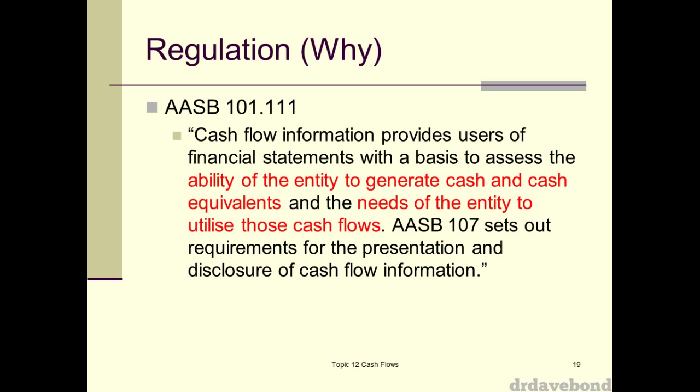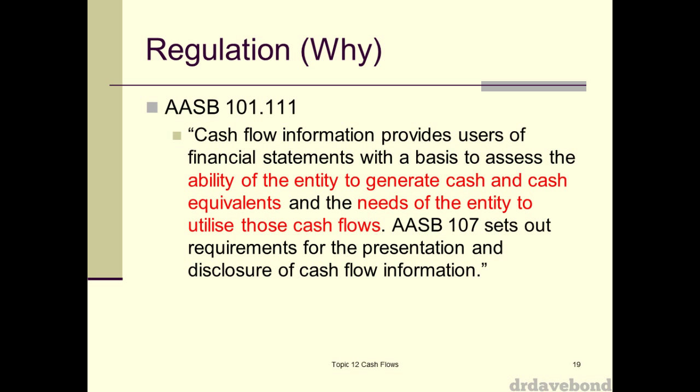So cash flow information provides users of financial statements with a basis to assess the ability of the entity to generate cash and cash equivalents and the needs of the entity to utilize those cash flows. AASB 107 sets out requirements for the presentation and disclosure of cash flow information. So what we've got there is ultimately,